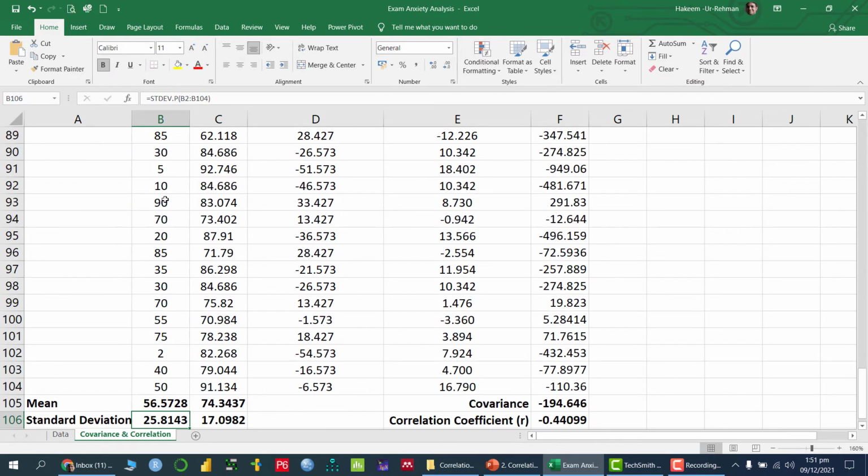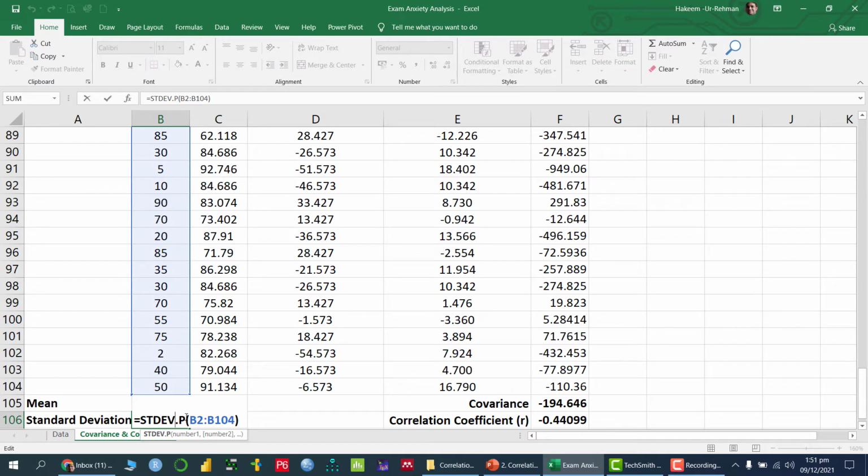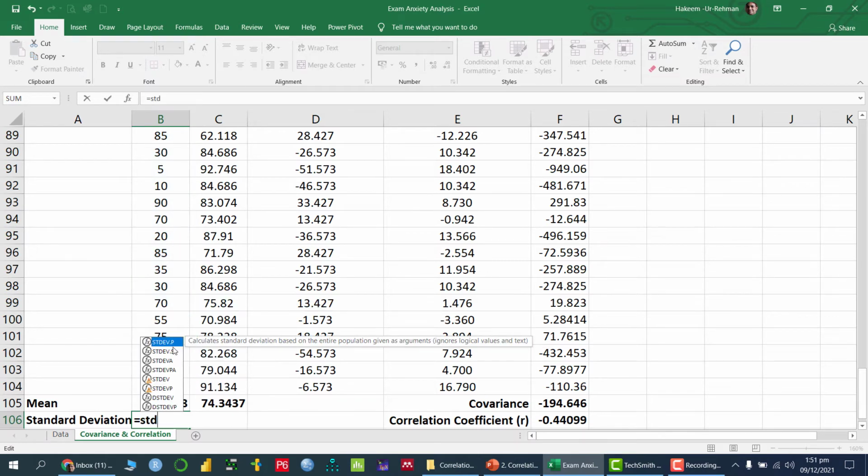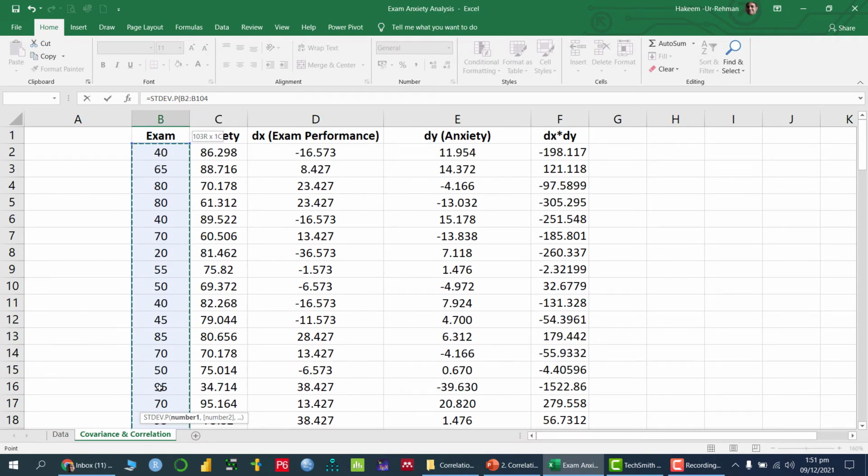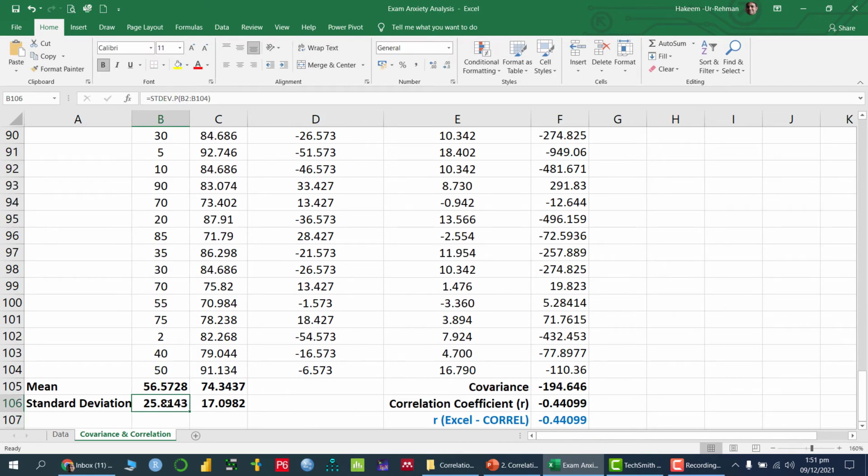So this is the average of anxiety, and we have also used the standard deviation formula. You can use either the population standard deviation or the sample standard deviation. Right now I'm using the population standard deviation, and the range of the data is the same. So this is the standard deviation of the exam anxiety.